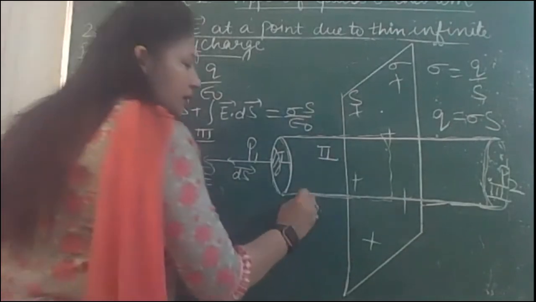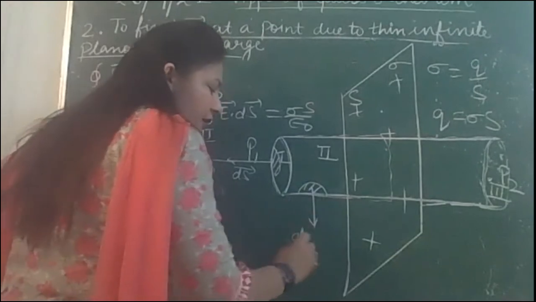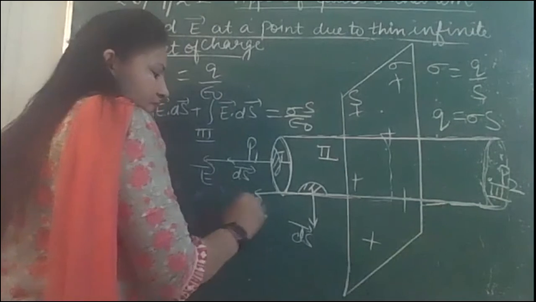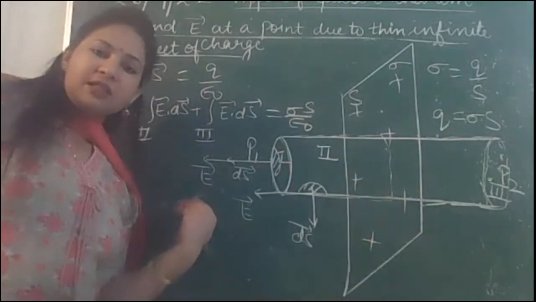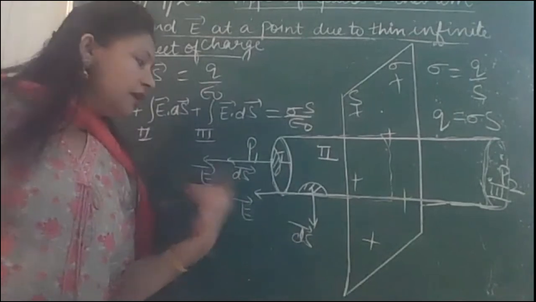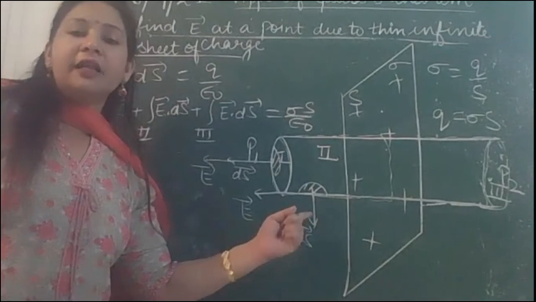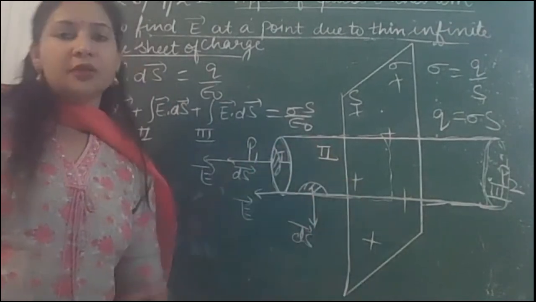ठीक है. हियर लेट अस टेक द एरिया एलिमेंट. दिस इज आवर एरिया वेक्टर. But still electric field at this point is this way. Electric field on this side of sheet will be repulsive. That will be this way horizontally. So for second part now you can see electric field and area vector are perpendicular to each other. So this portion won't contribute towards the flux.